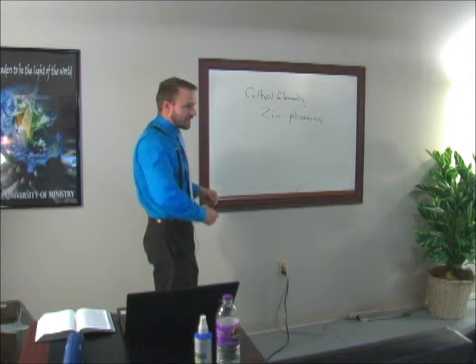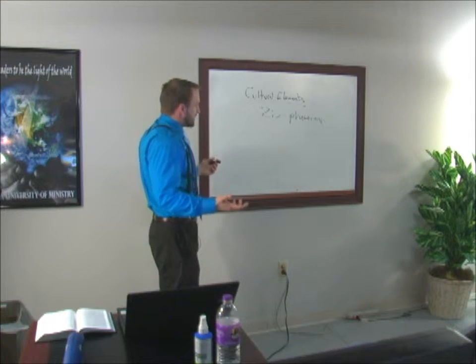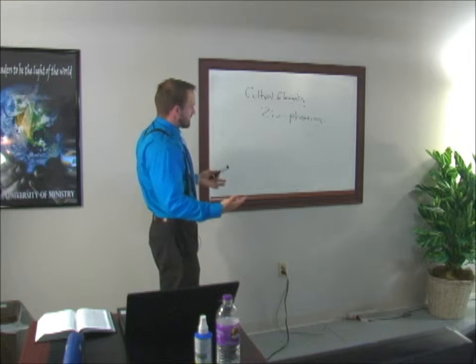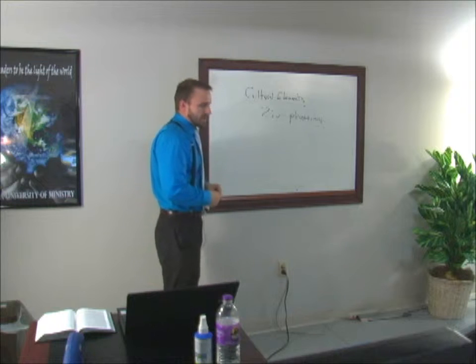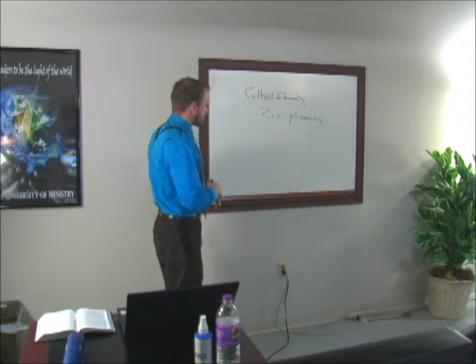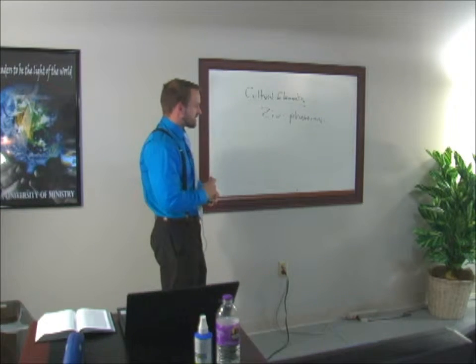So the temple would not have been particularly Hebrew architecture because they weren't the ones doing it, right? And so David gave them the overall plan, I guess, and a lot of that was based on the tabernacle being the model for the temple. But there were a lot of changes that were made as well.